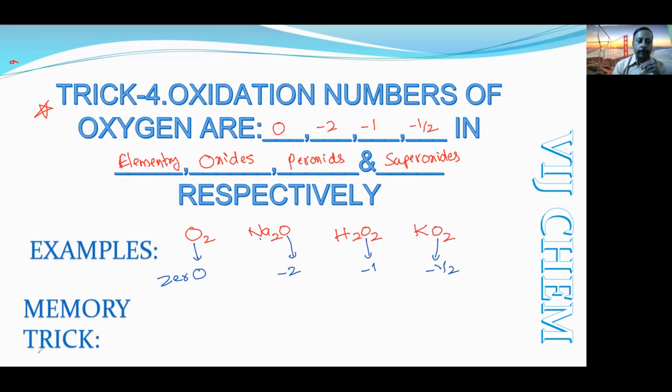Actually, this is not a memory trick; these are things you have to memorize. The confusing ones: Na2O2 is called sodium peroxide, and BaO2 is called barium peroxide. Hg2O2 is not a peroxide. This is where most students make mistakes. This is mercurous oxide. So note this down, make a note of it.